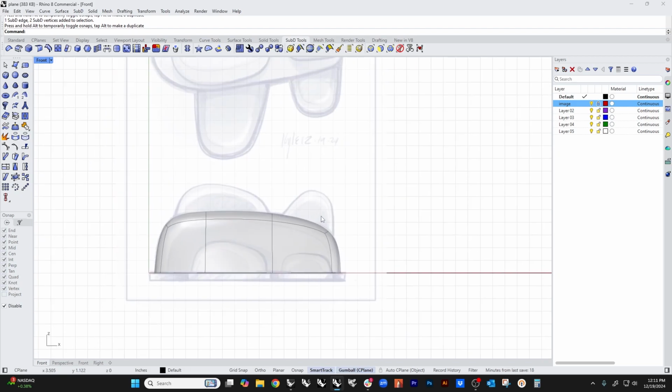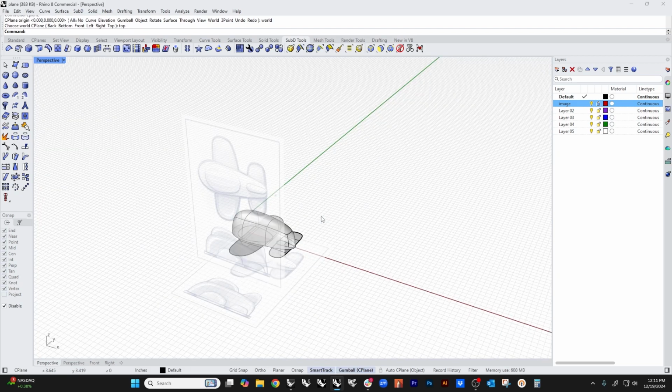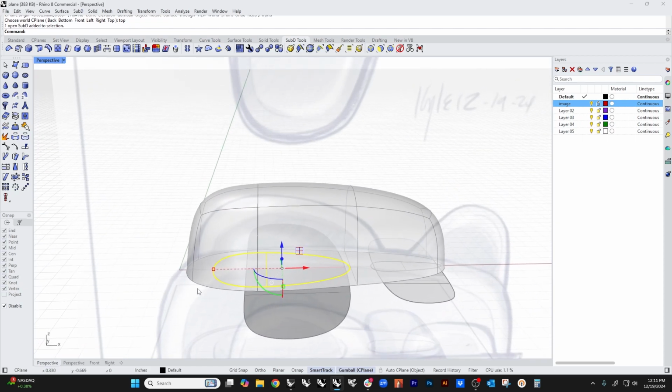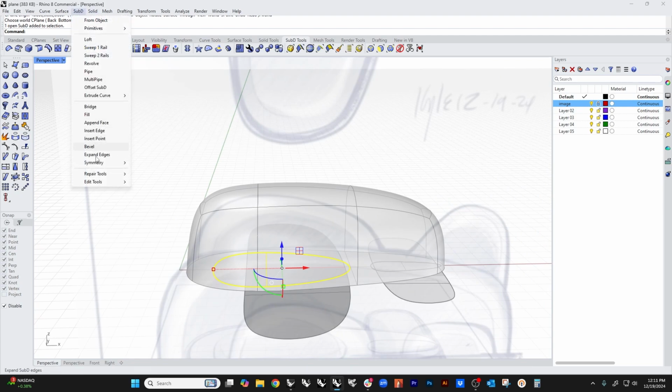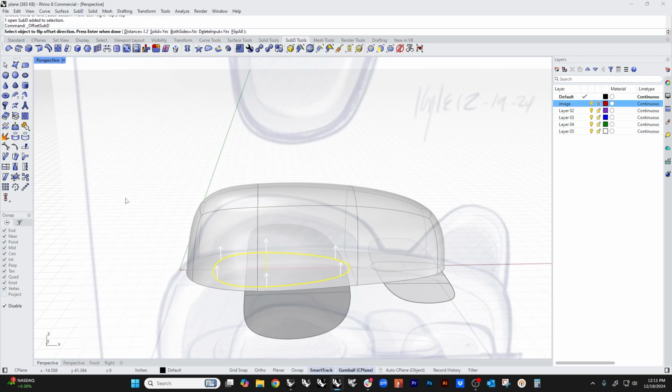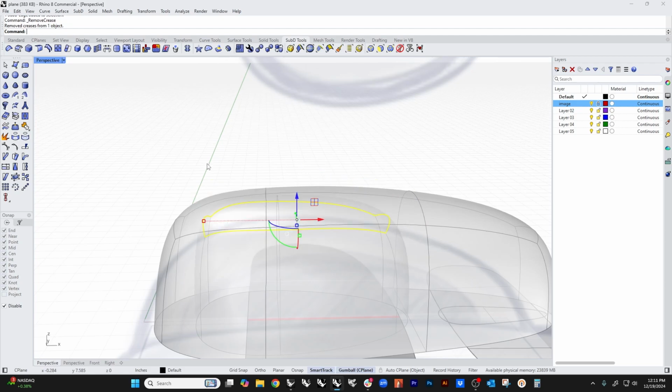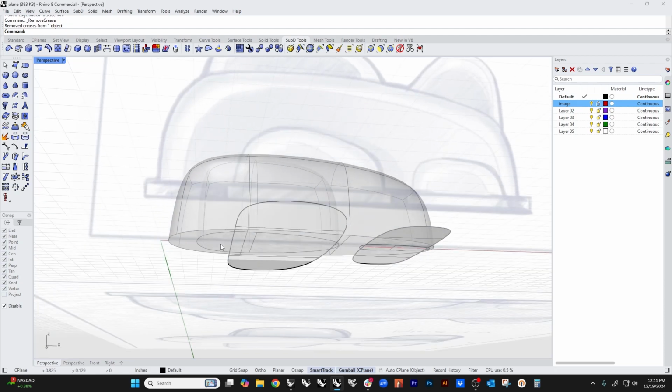All right, so we've got the basis of our body, and we're just going to wash, rinse, repeat, do that exact same thing over and over again. So what we're going to do is take this guy, and I'm just going to use the exact same settings because one, it's efficient, and two, I'm kind of lazy when it comes to modeling. So we're just going to do the exact same thing. We're just going to pump that up. We're going to grab our entire edge, and we're going to uncrease it. And then we're going to grab this part,